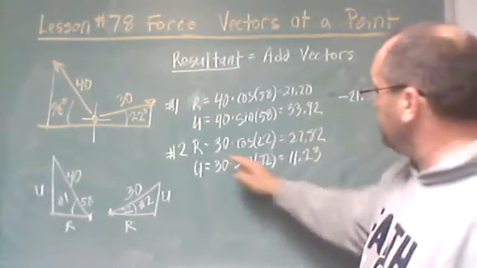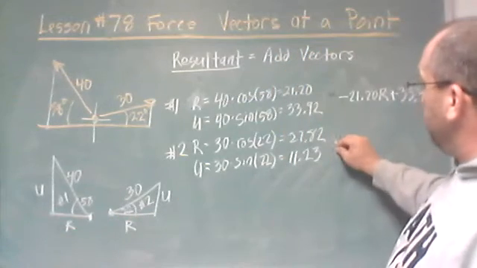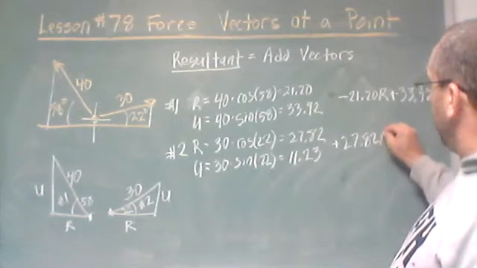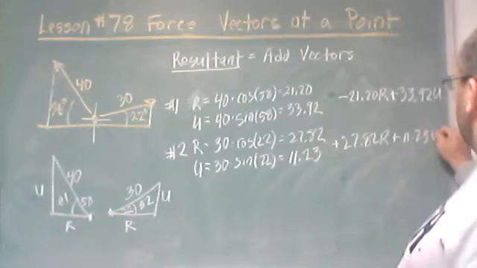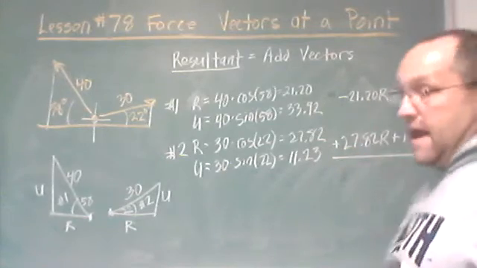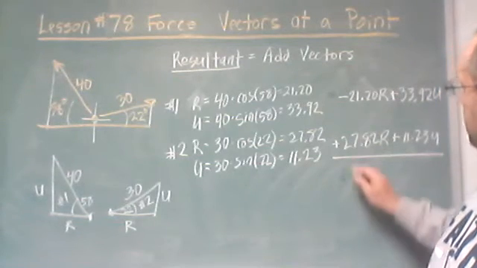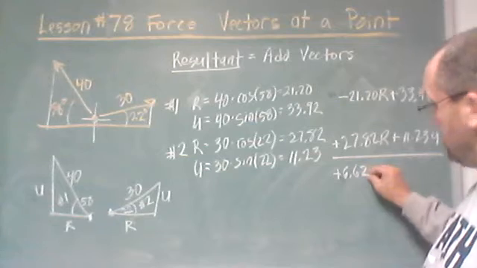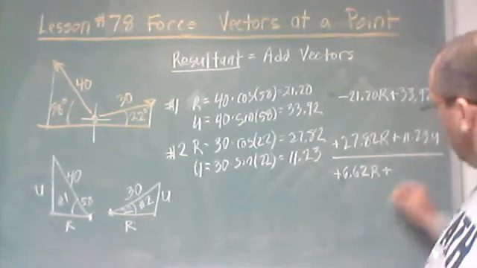Okay, for this one, I look at them. I'm going to the right and up. Both components are positive. 11.23 up and down. Okay, I add the R's and I add the U's together. Okay, I get a plus 6.62 R plus a